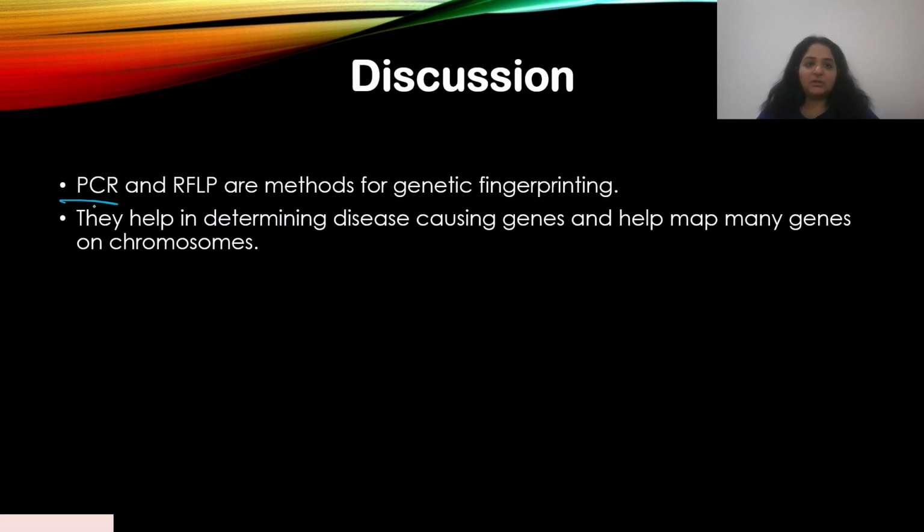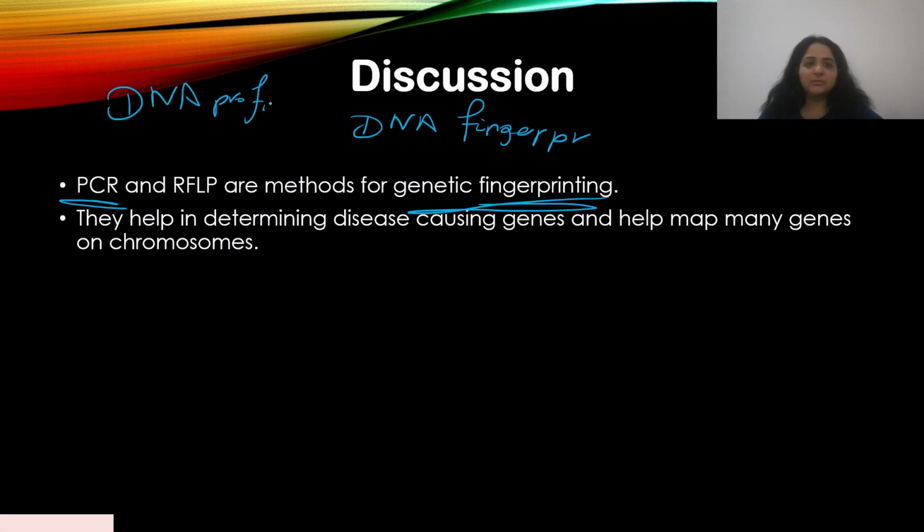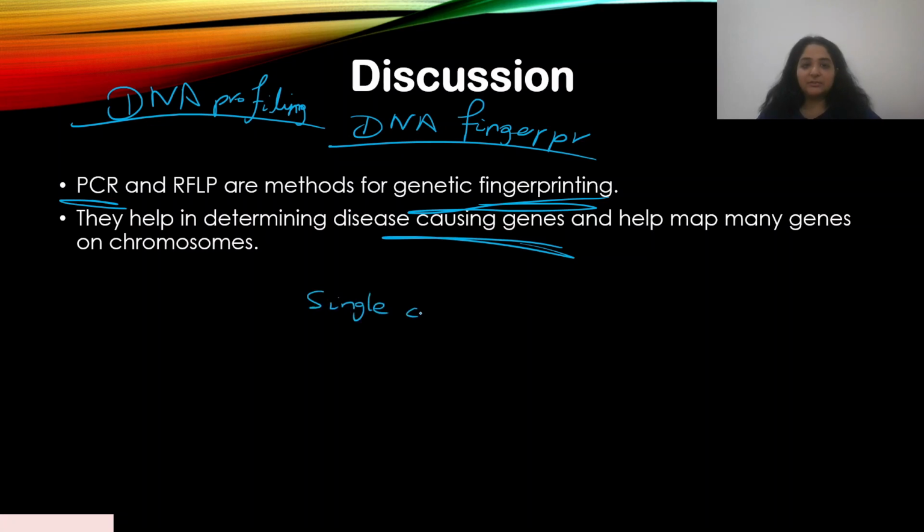PCR we know is amplification of that particular gene, and that can be used in genetic fingerprints. Genetic fingerprinting, also known as DNA fingerprinting or DNA profiling, that's another term, is basically the analysis of that particular DNA. So we are analyzing that DNA, and it is very useful in determining disease-causing genes. Especially when there's a single gene that causes a disease, we use PCR